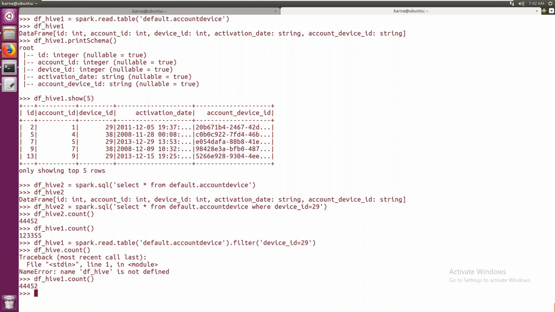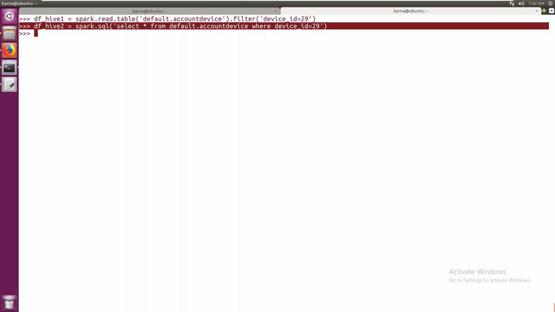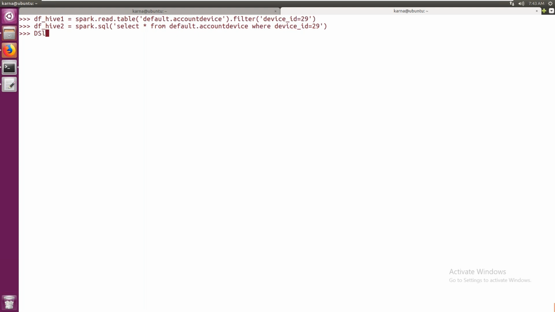Both are giving the same result. What is the difference between these two? Which one do you think is easier? The second one, because it uses pure SQL. If you are a pure SQL person, you can use this approach. The other is called DSL, domain specific language.